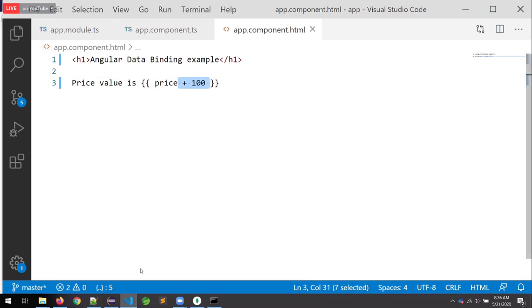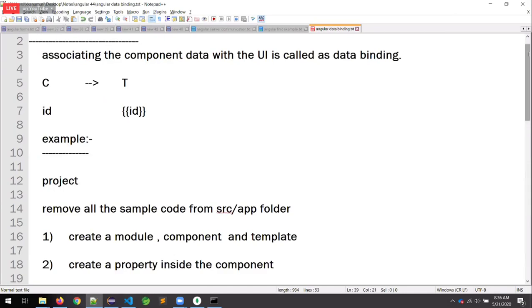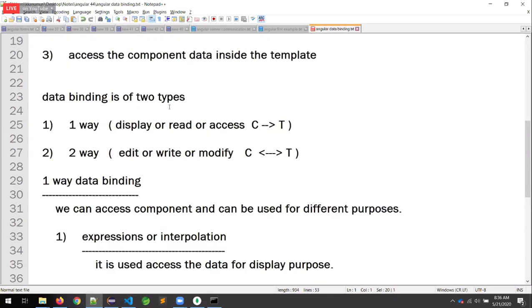Now let us review once again, guys. What is the concept we are discussing right now? Data binding. Between whom? Component as well as the template. How to transfer the data or how to manage the data. How many ways are we having? Two ways: one way data binding as well as two way data binding.